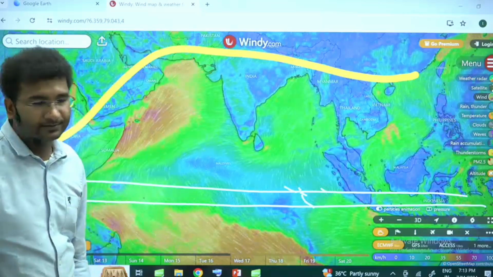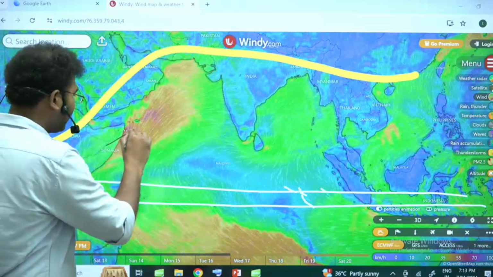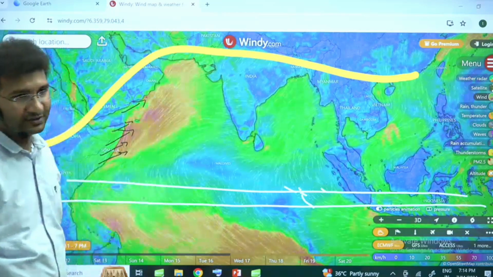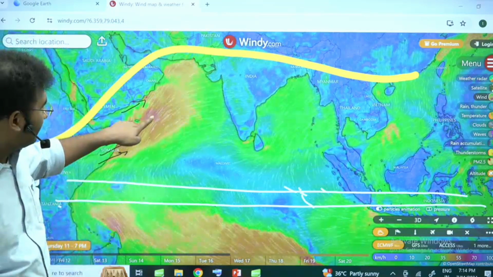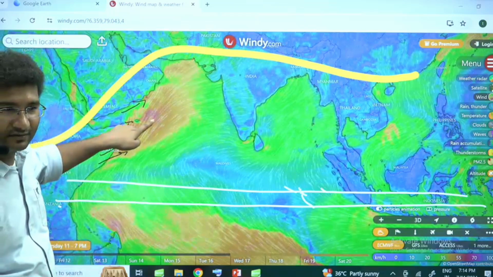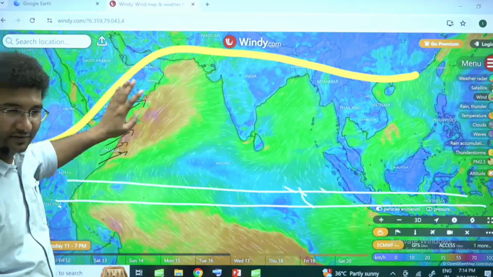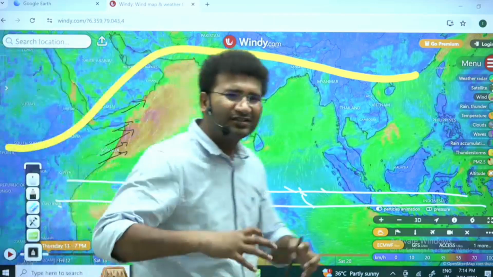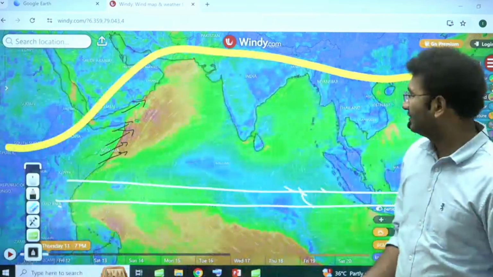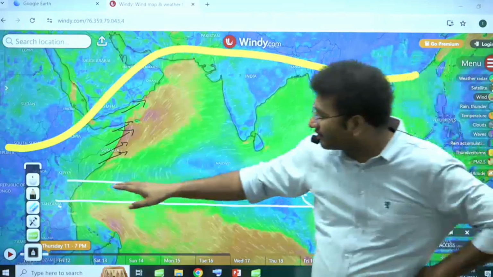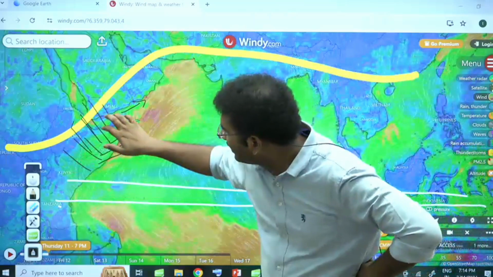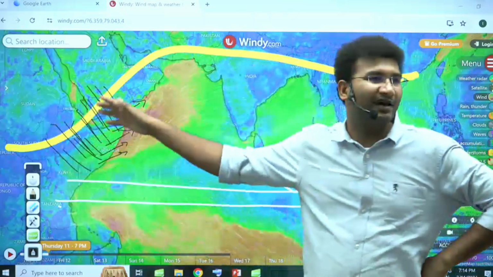Look at the water here. These are offshore winds or onshore winds? Offshore winds. टेम्परेचर क्या होगा फिर? कोल्ड होगा. But usually the offshore is not strong here. In fact, these winds are entering into Africa more than they are into offshore.